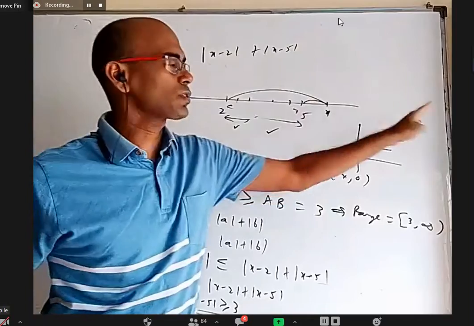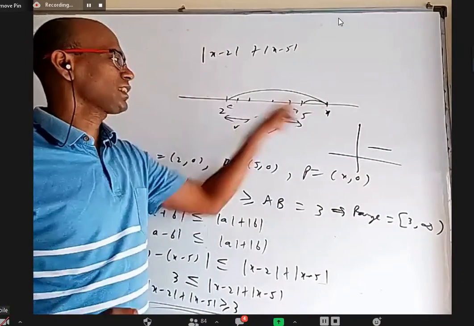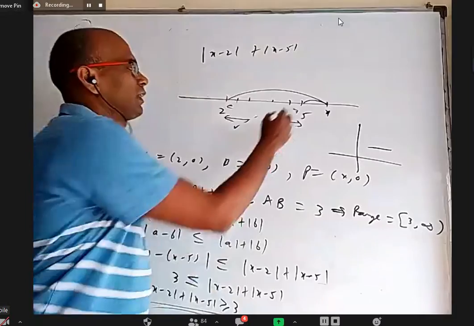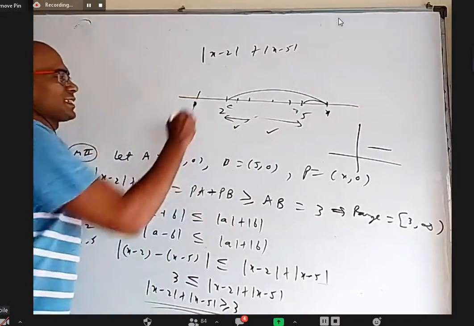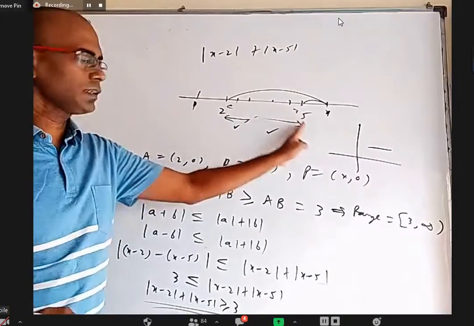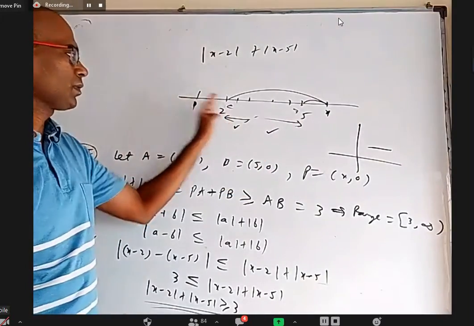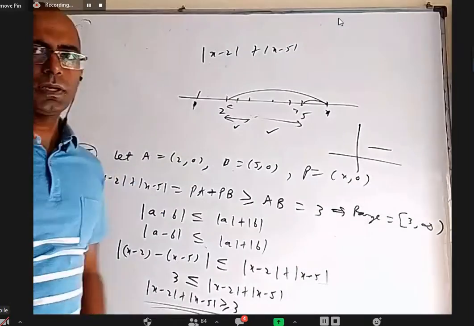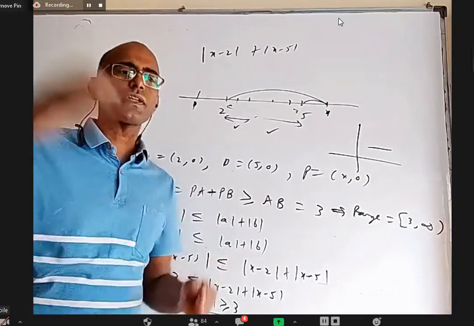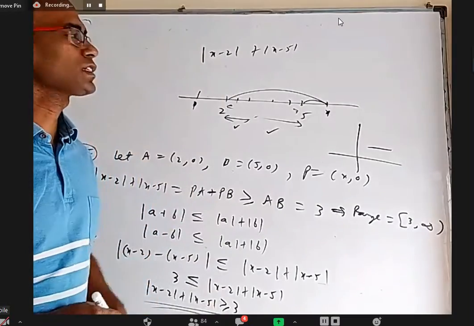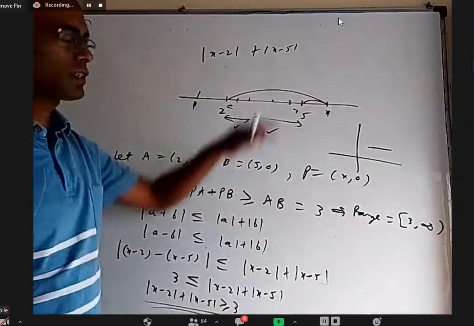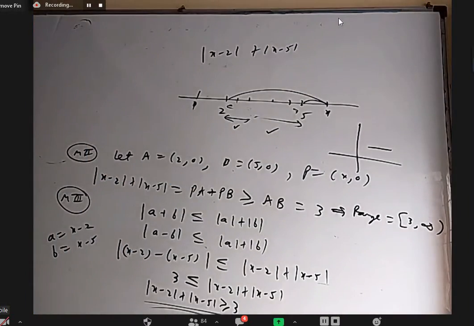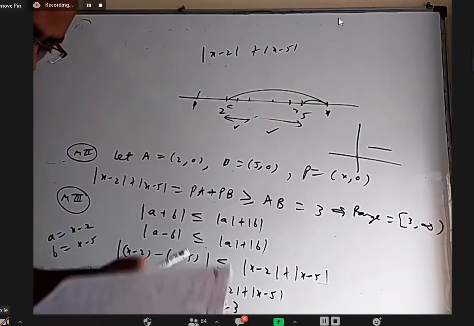Okay, so as x goes away this side, this length plus this length keep on increasing. When it is here, it is 3. When it goes right side, it becomes more than 3. Same thing, when x is here, from here to here distance is 3. From here to here distance is minimum 0, and as you go backward, it is increasing. So wherever you take, minimum is 3, and after that increasing all the way up to infinity. So range is the closed interval 3 to infinity. Okay, without writing much, you can just get a feel of this and tell. Okay, so this is 93. Okay, 94.